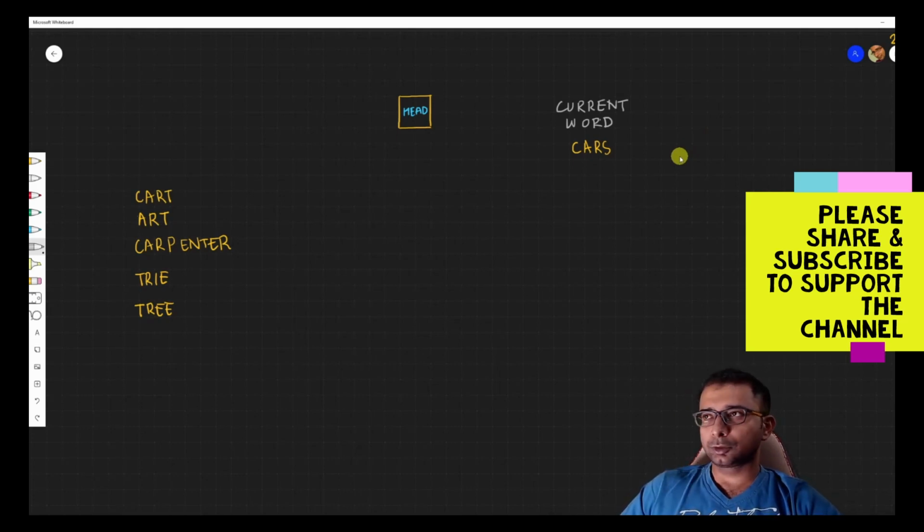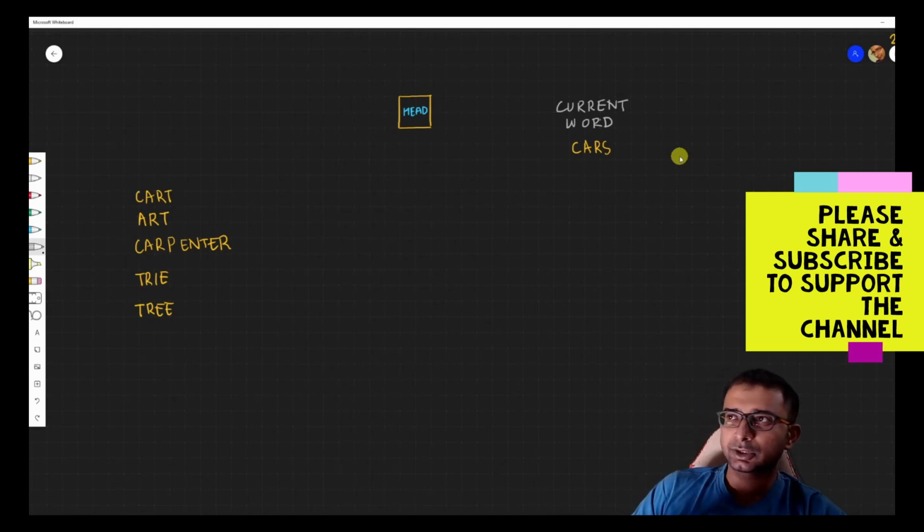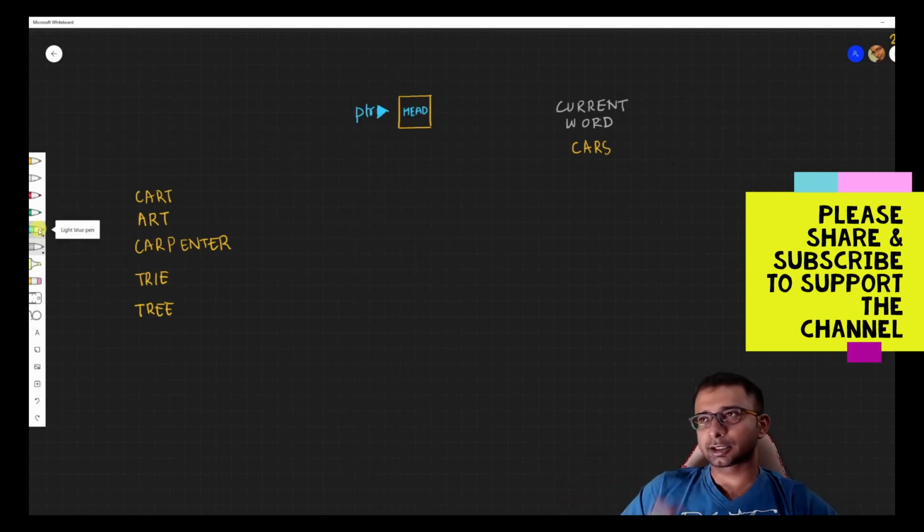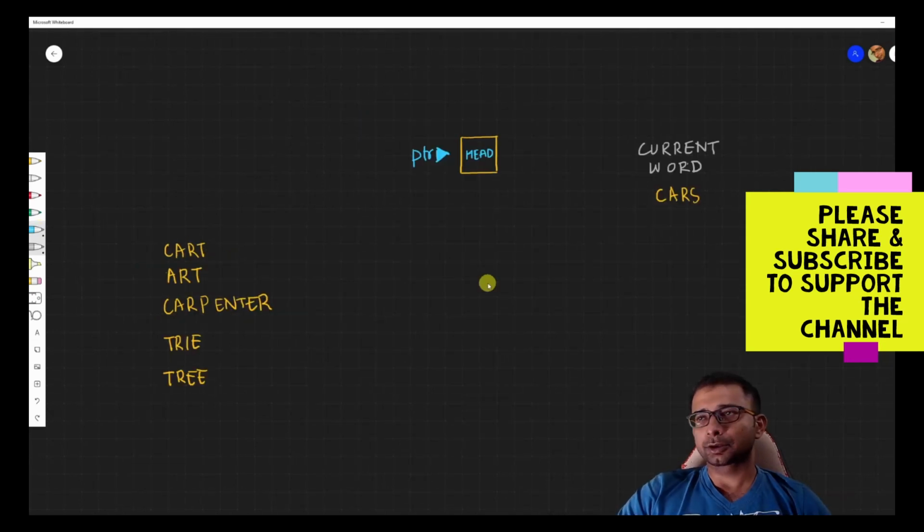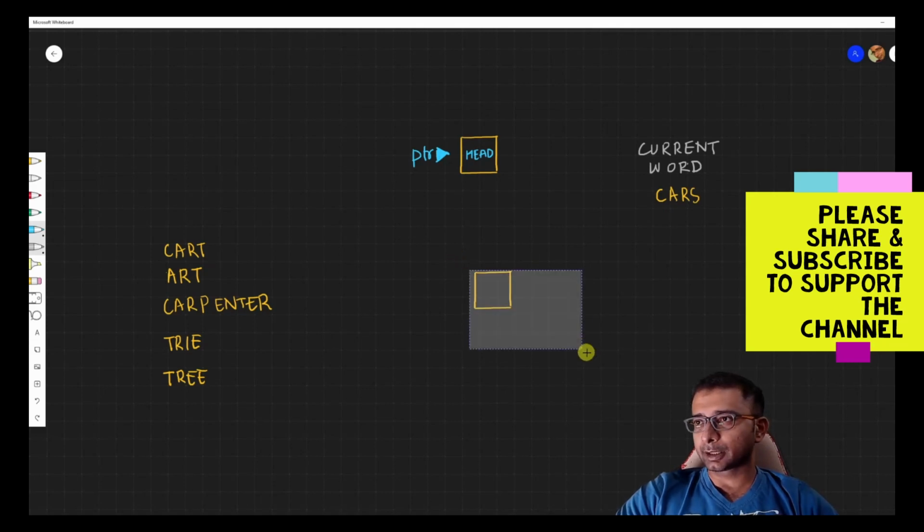So what we are going to do, basically, we'll start from here and we will go character by character and try to see if we have the word. So initially this is your condition. You have your pointer always at the head of the trie, and once you get a word, you need to insert that word into your trie. So as I get the word, I'll start parsing character by character. So we'll go here and check if there is a C attached to my head or not. But currently it's in an empty state, so there is no C over here. So I am going to put a node under it called C. So let's say I create this node over here.